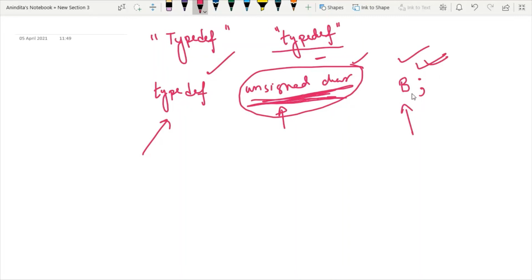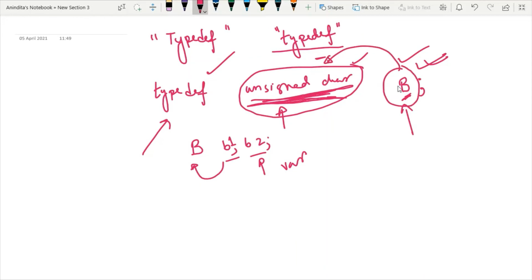Further in the coding, I can write B, and then I can write any variable of type B. So B1 and B2 are variables of type B. And what is the meaning of B? The meaning of B is an unsigned character.